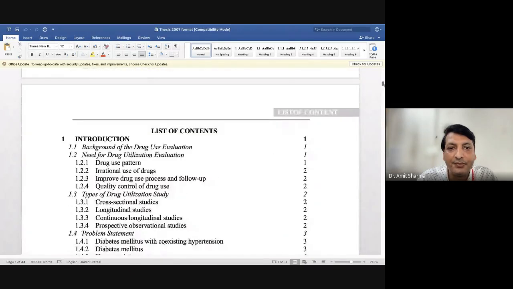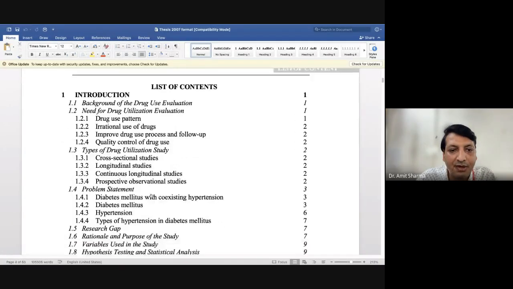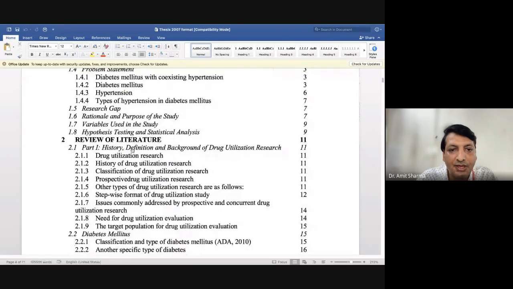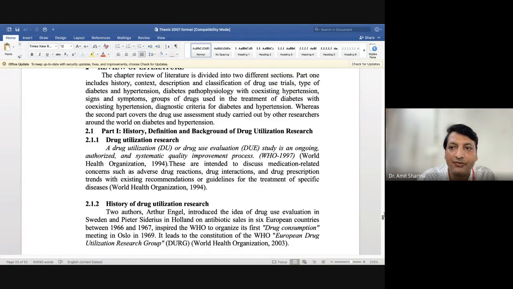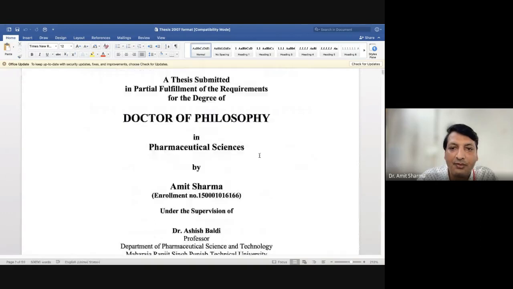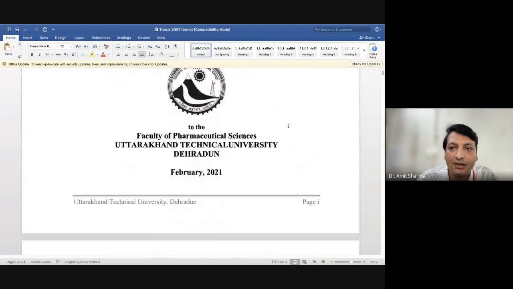For example, this is the list of contents of the thesis, and if I click on any entry, for example, the history and definition of background of drug research, directly I'm going to come to that part. So what I did was add hyperlinks. All these tables, the list of contents, list of figures, list of abbreviations, will be made by the software itself.